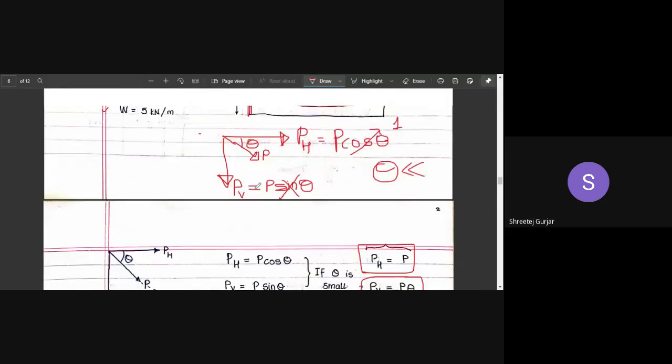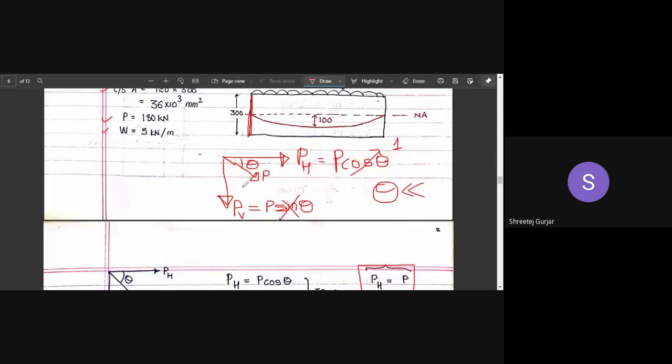So here we will be requiring PV, because we are not considering H for shear force. For shear force, we have to do summation of vertical forces. Shear force usually acts in the vertical direction. So we have this reaction, which is RA, and we have this particular PV, which is acting in the downward direction at the support, where I have resolved it.